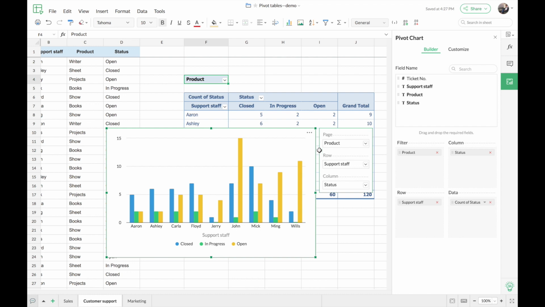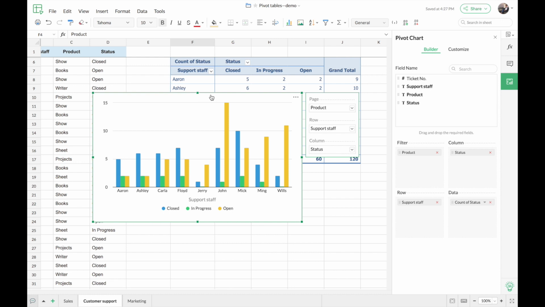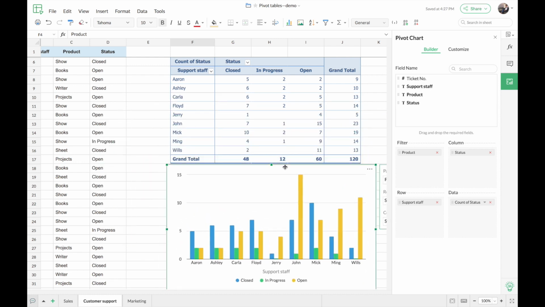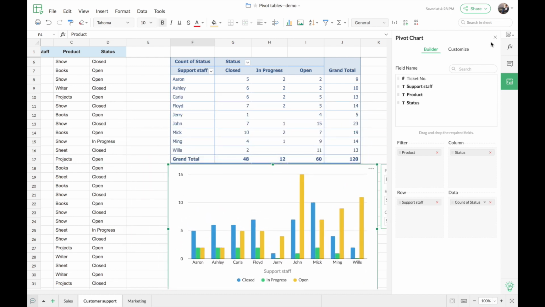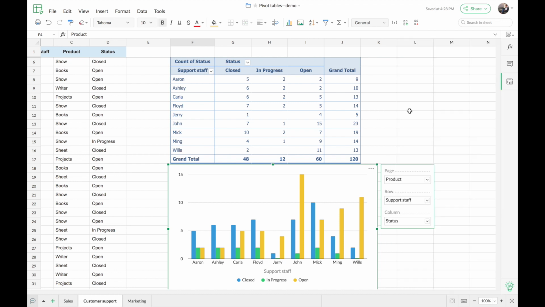And here on the right, you can see that the chart displays a small widget using which you can filter out the data in your chart. So now let's just position the chart here so we can view the table and the chart simultaneously. I'll just close the side panel. So using this widget here on the right, you can filter out the data for your chart.